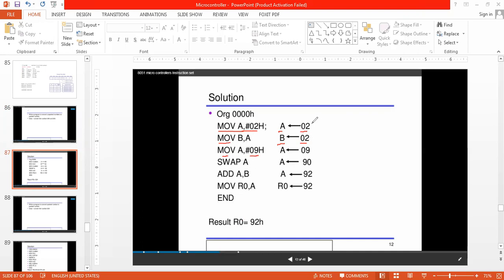That means now A will have 09 and B will have 02.